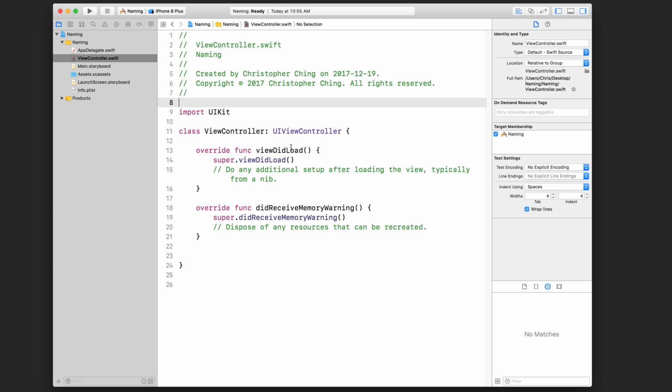Now this is a great place to illustrate some of the naming conventions which Apple has established, which are also commonly accepted by iOS developers. The first thing I'll mention is that for some of the things, there is absolutely no wiggle room. So for example, the Swift keywords, this import, this class, override, all of these keywords in pink,